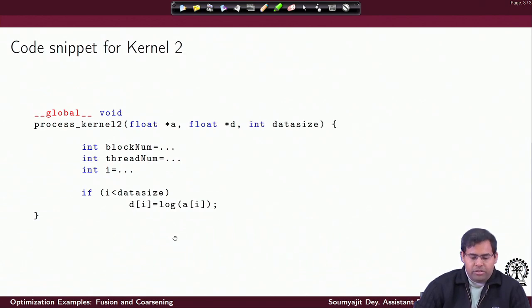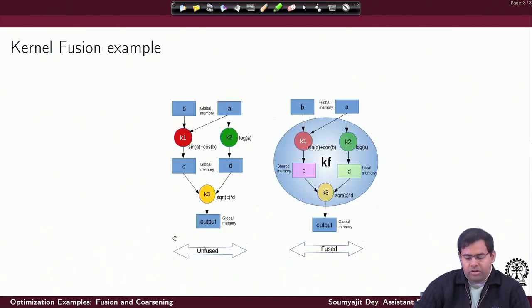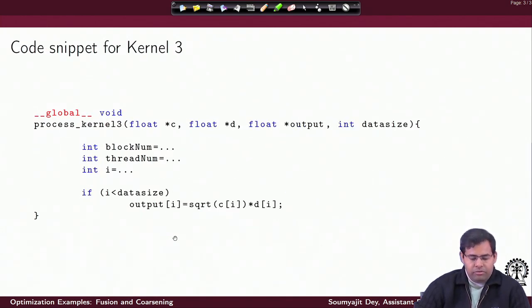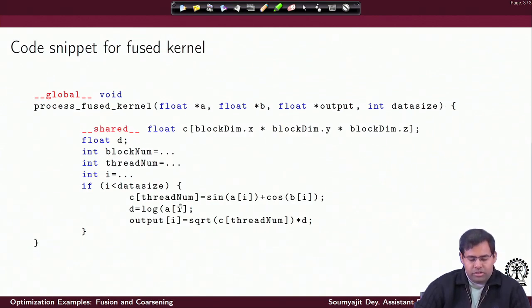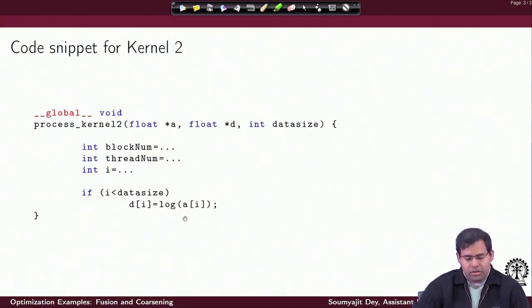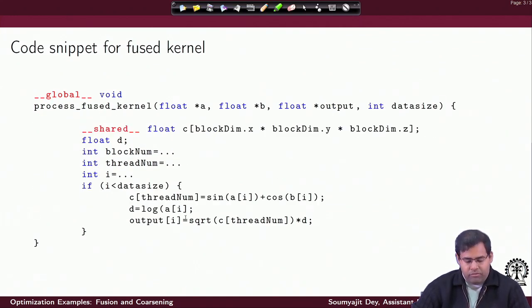and as you can see, that is the advantage out of it. Now once we understand how a fused code should look, you can see that it is just a sequence of the kernel operations that have been performed. Now what is the control I have here? I can control this sequence. This is important. Let us observe the sequence we are doing. We are first computing C, then we are computing D, and then we are computing the output.